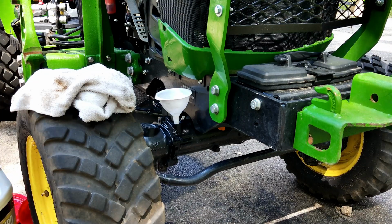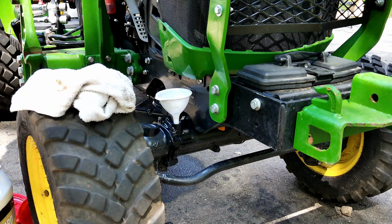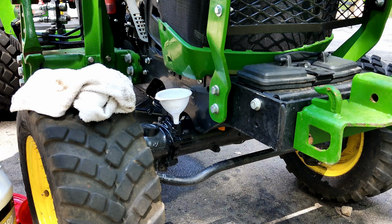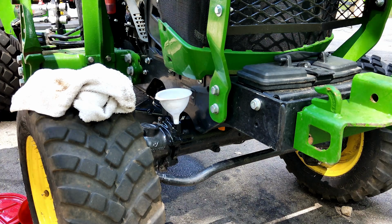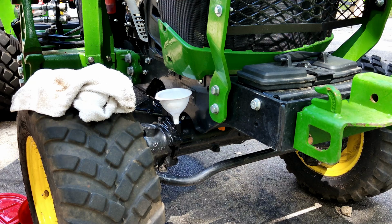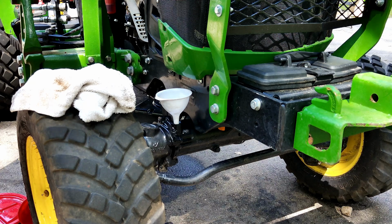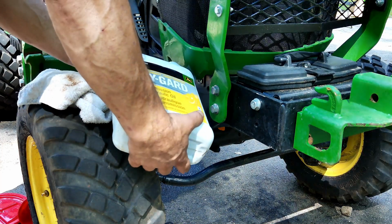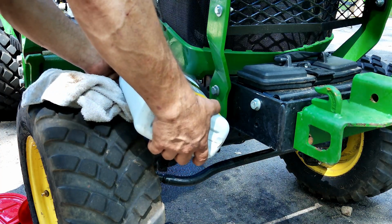Okay, so I got all the fluid out, and it looks nasty. I think in hindsight I would probably change this fluid at 100 hours. But the problem I'm having is because there's no vent in this axle, it keeps burping back up out of it again. I just found this funnel, and I'm hoping that this is going to help me, but even pouring it slow,